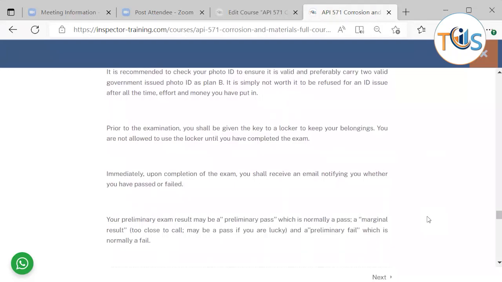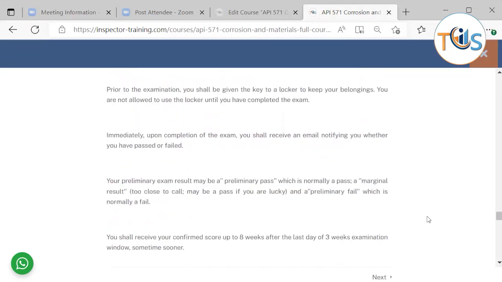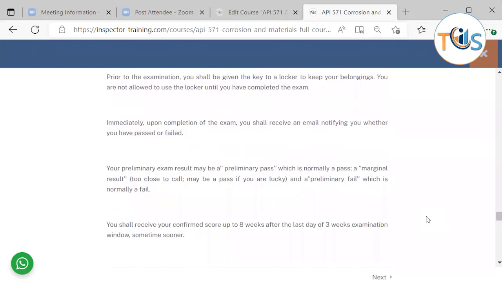After completion of the exam, you shall receive an email notifying whether you have passed or failed. Your preliminary exam result may be preliminary pass, marginal result, too close to call, or a preliminary fail. That's because they use scaling, so they want to standardize the level of difficulty. So the pass mark in a particular exam might be 69, 70 or 71%, but roughly it's around 70% you have